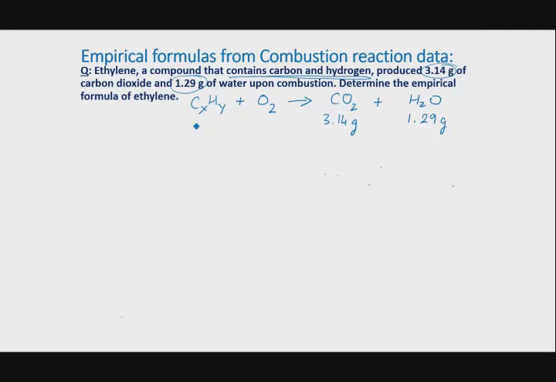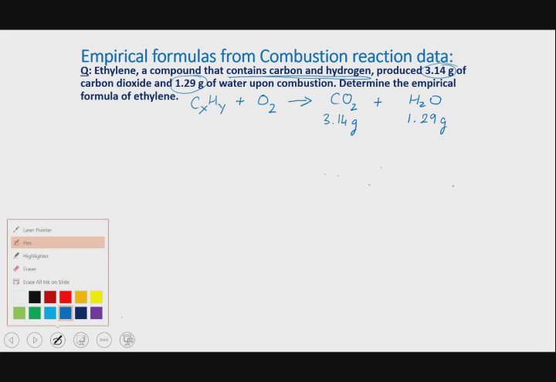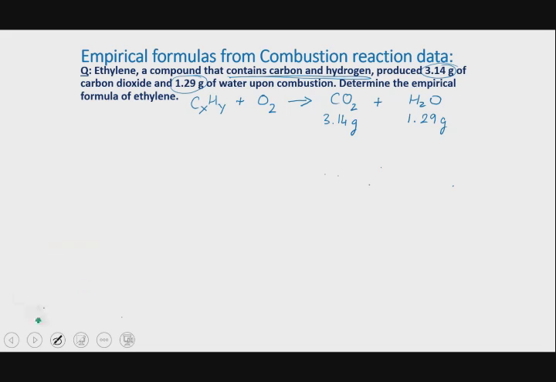Can we in some way figure out the number of moles of carbon from grams of CO2? The answer is yes, we did that in the previous problems, quite a few of them. Can we figure out the number of moles of hydrogen from grams of H2O? Absolutely, you can. Please remember that